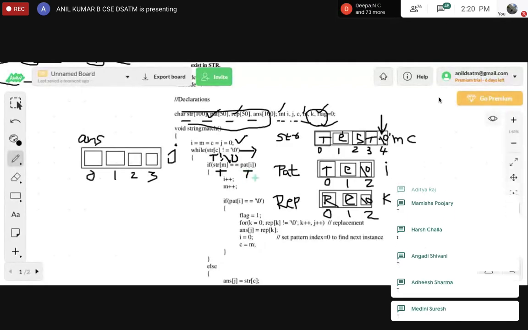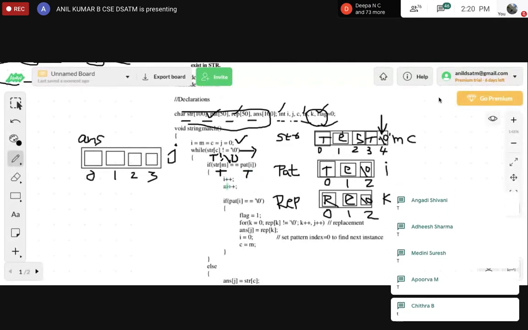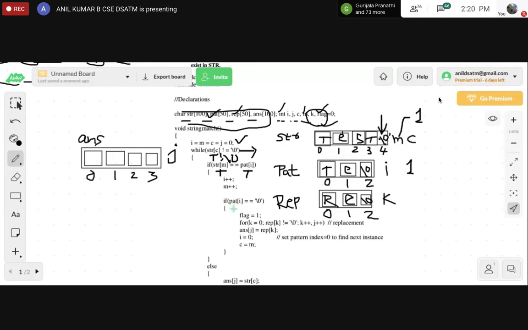Condition is true. Get inside this if condition, increment I value. Now the I becomes 1. So M becomes 1. Incremented. Now PAT of I is T